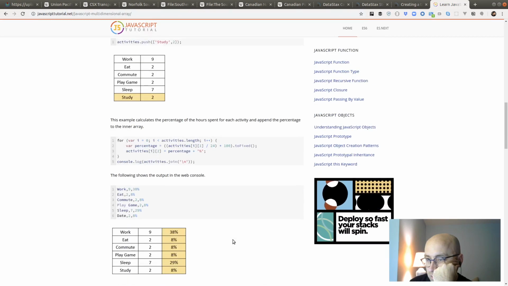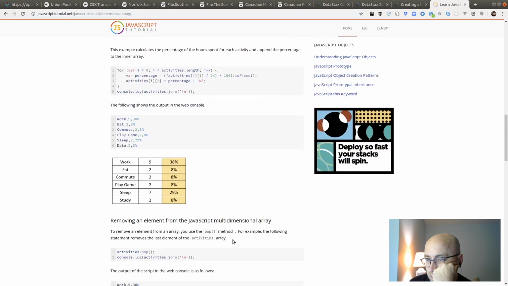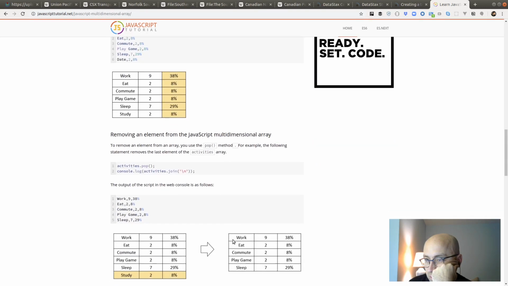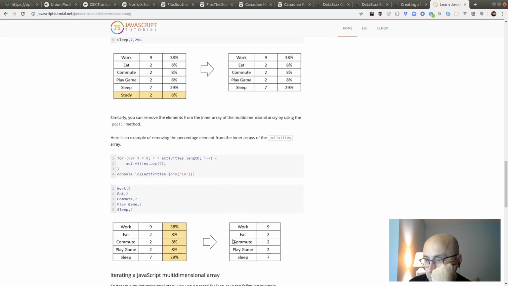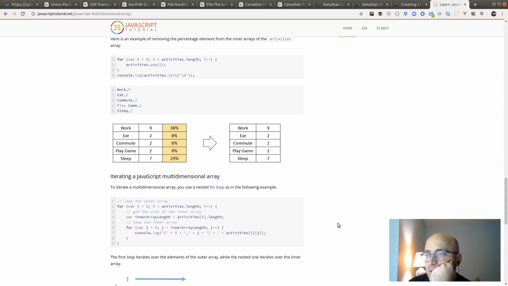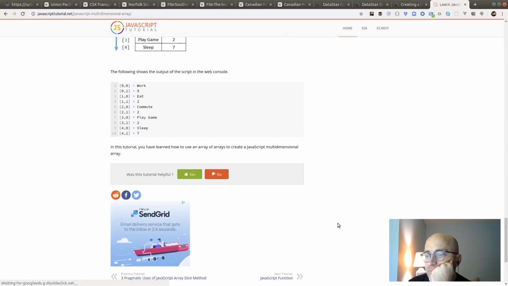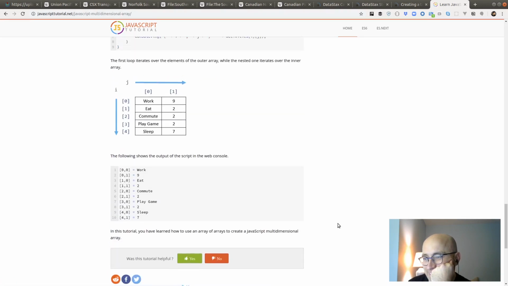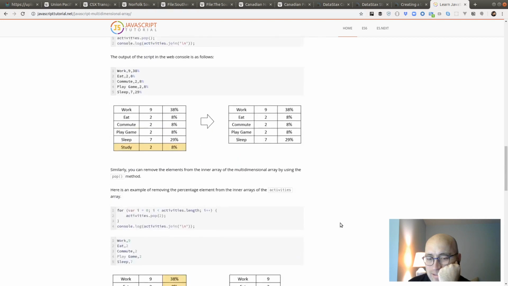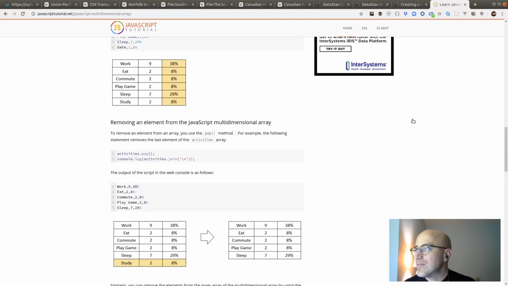That's funny. From the inner arrays of the activities array. I don't like this example. Yeah, fiddle with that later.